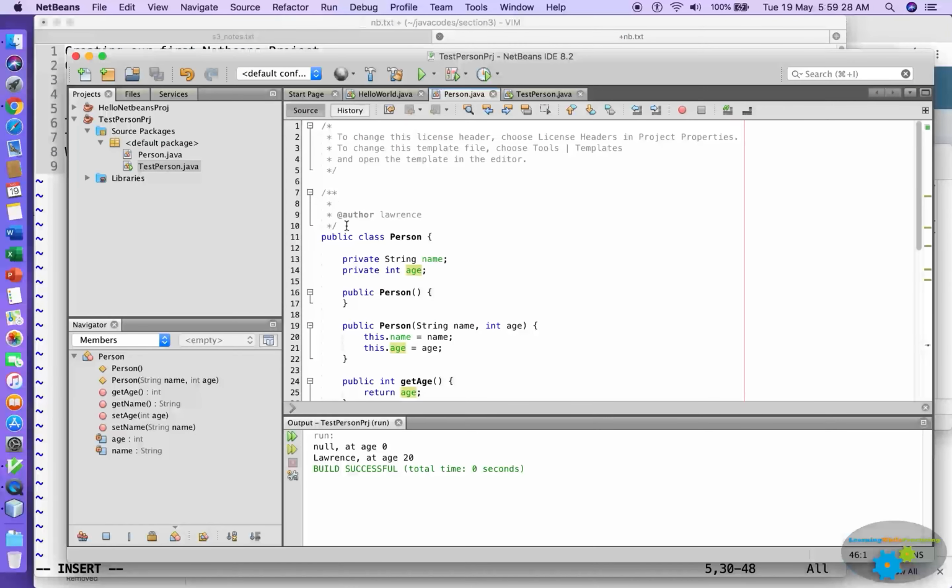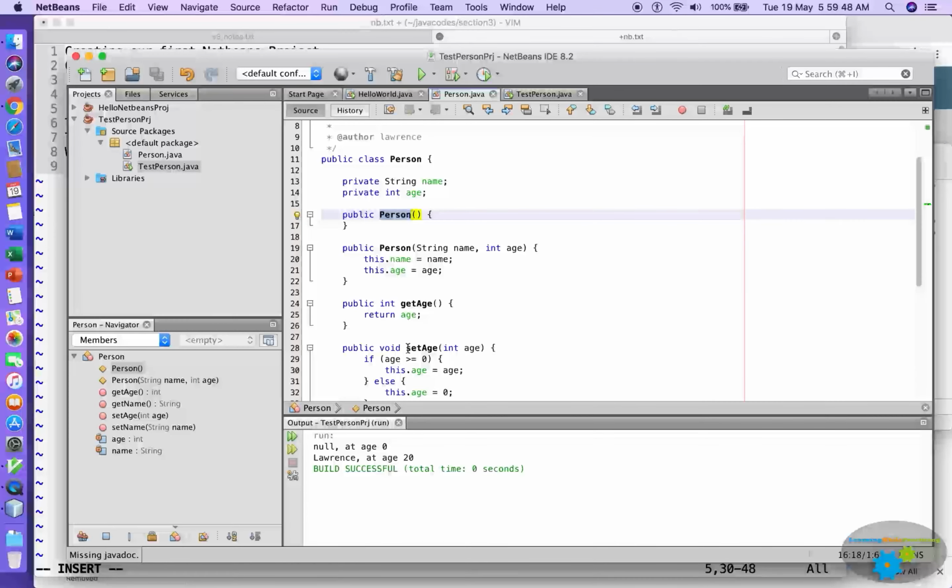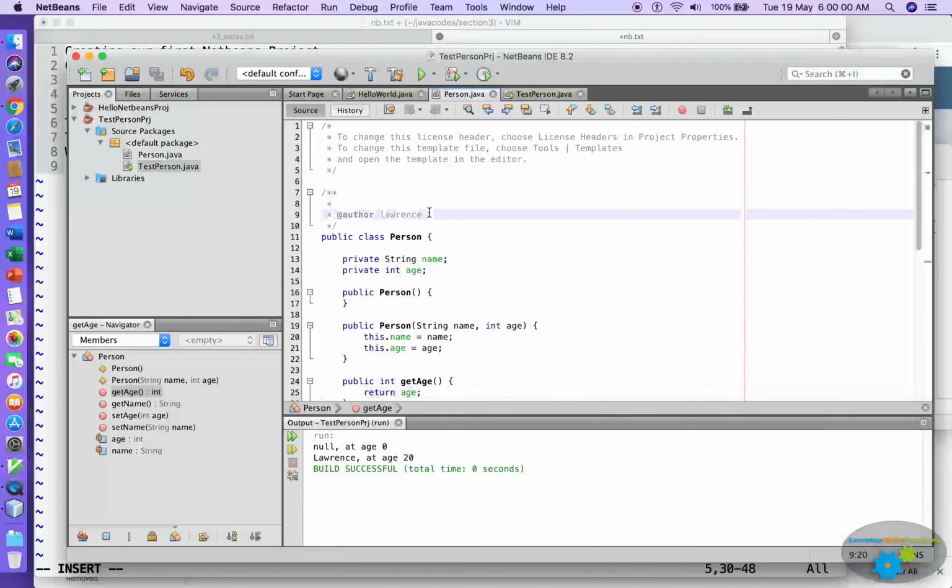And of course, this is the comment unique for Java. This is called the Java documentation comment. This is where you put descriptions about your class, about your variables, about your constructors, and about your methods. Ideally, before we transfer or ship or deliver our application, we put Java documentation comments